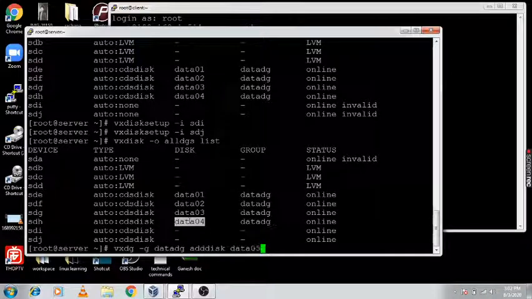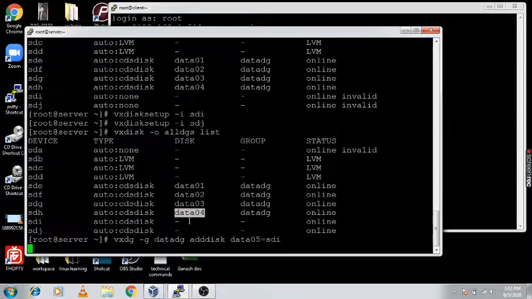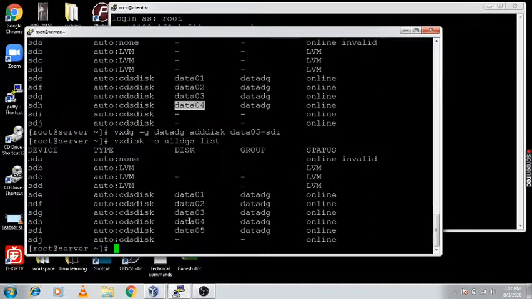I am giving d5 equals sdi. This is the same procedure you need to follow in your environment. Now this disk is added under this DG.